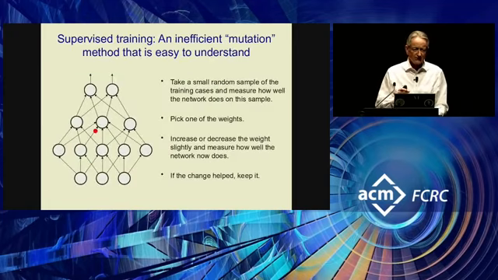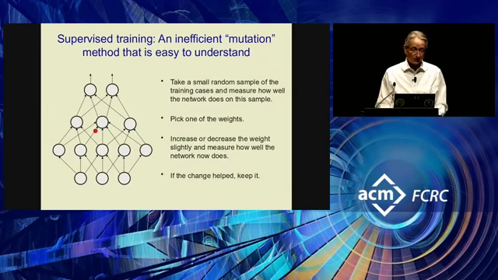So here's a really inefficient way to do supervised learning by using a mutation or reinforcement kind of method. What you would do is you take your neural net, you give it a typical set of examples, you'd see how well it did, you'd then take one weight and you'd change that weight slightly, and you'd see if the neural net does better or worse. If it does better, you keep that change. If it does worse, you'd throw it away. Perhaps you'd change in the opposite direction, and that's already a factor of 2 improvement. But this is an incredibly slow learning algorithm.